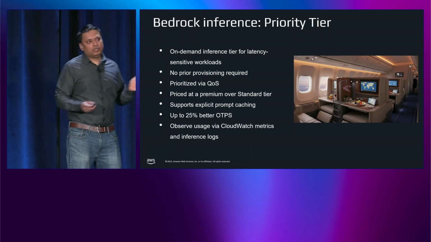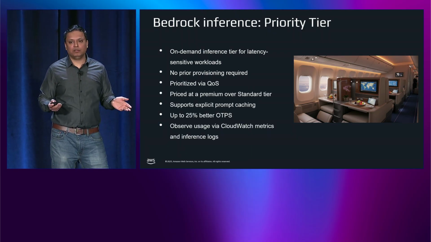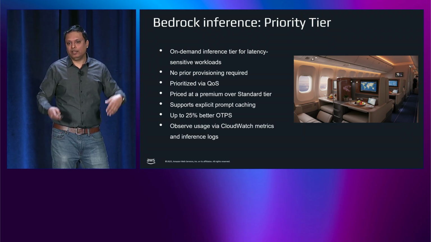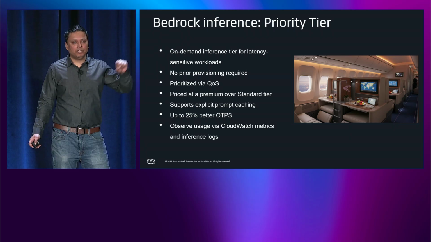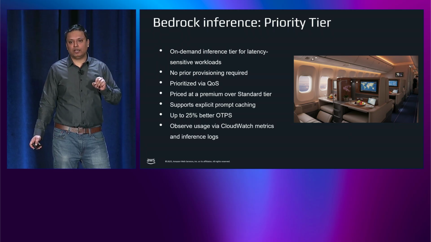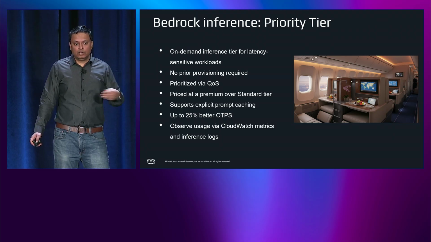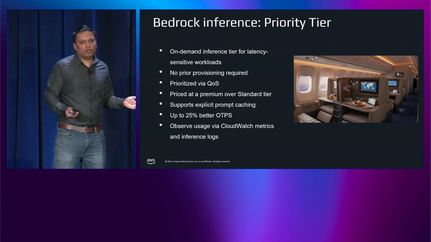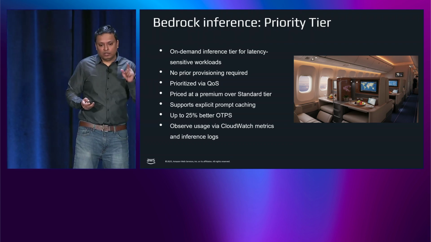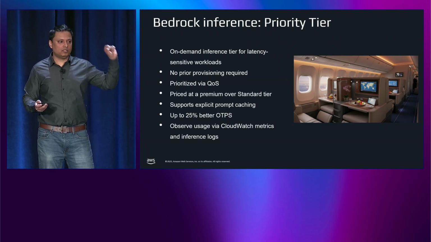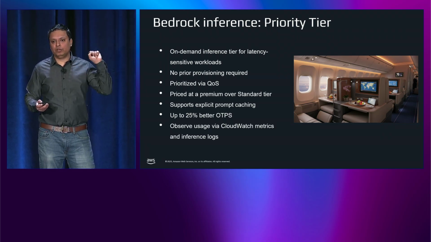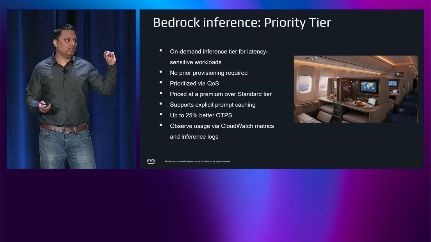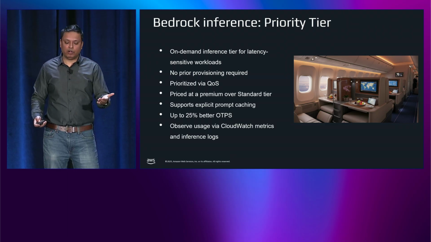Now, this is a workflow where you don't want to reserve capacity because people don't deposit checks every day, every hour of the day. But when somebody's trying to do that in your application, you want to make sure that it gets processed immediately and there are no retries so that the customer doesn't go away. Use cases like this don't justify reservation. You don't want to pay 24/7 if you're not going to use it. But when the request comes, you want a flag where you can say, this is a high priority request, and I'm willing to pay a premium if you give me latency benefits and uptime guarantee. So that's what the priority tier is.